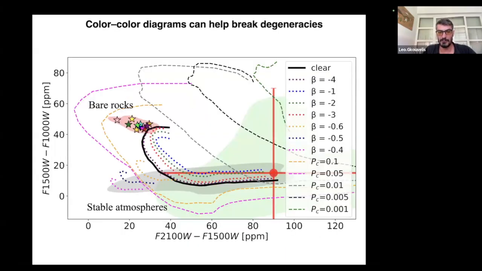So we included this. I'm showing you here basically the same plot, where the clustering of the bare rocks is here. All of this black curve is only the gas. And then all of these different curves, which you don't need to care about, show all types of combinations of clouds and hazes that this planet can produce in its atmosphere. So we cover a very large parameter space and show that the space where the surviving atmospheres would be is this shadowed region.